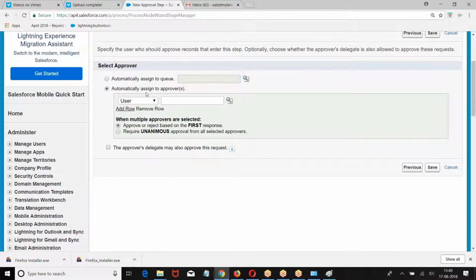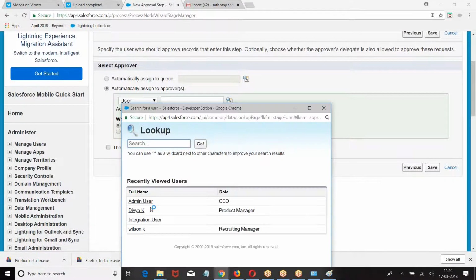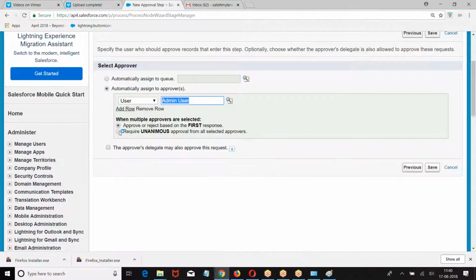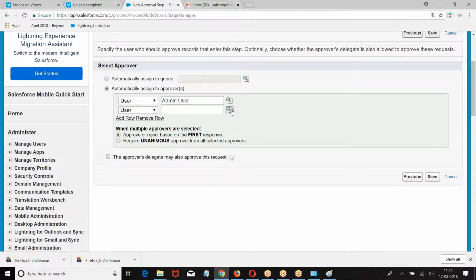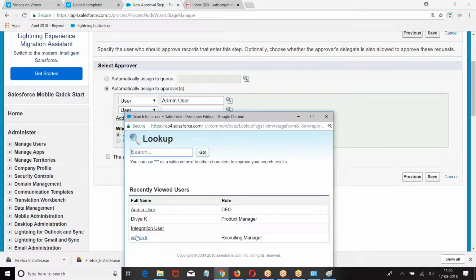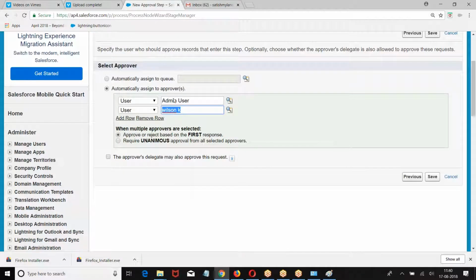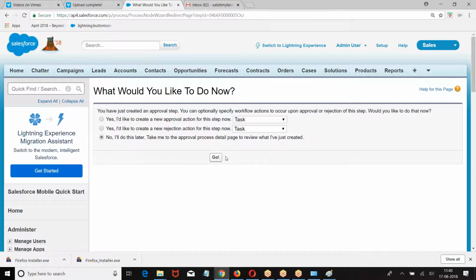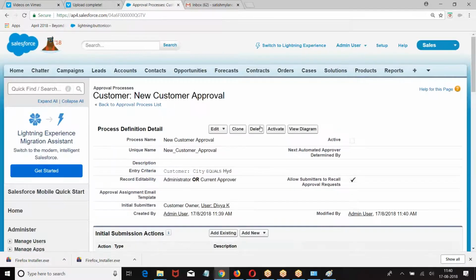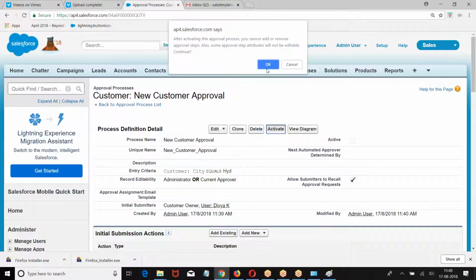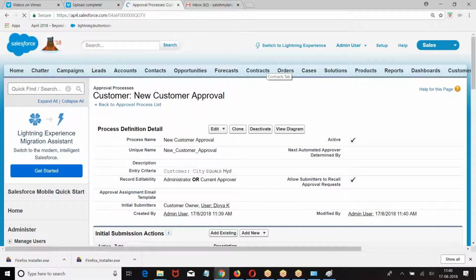Now we said assign the record to admin and assign the record to Wilson. To how many people am I submitting? Admin and Wilson. Yes, approve or reject based on first response.